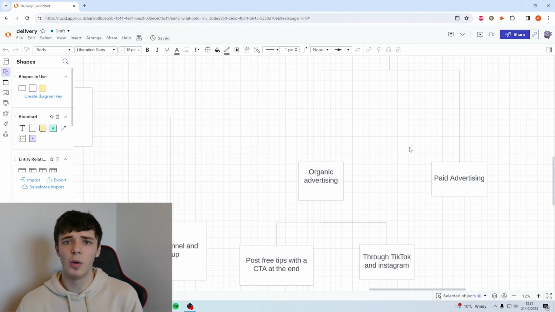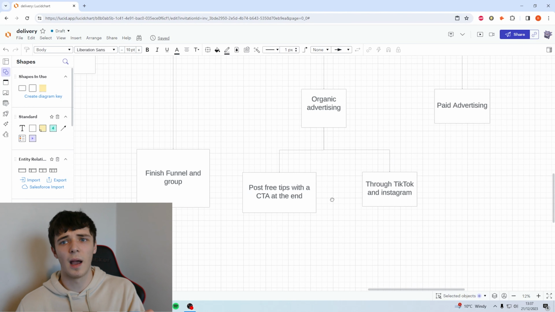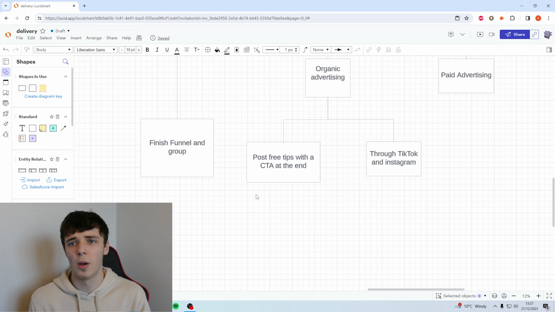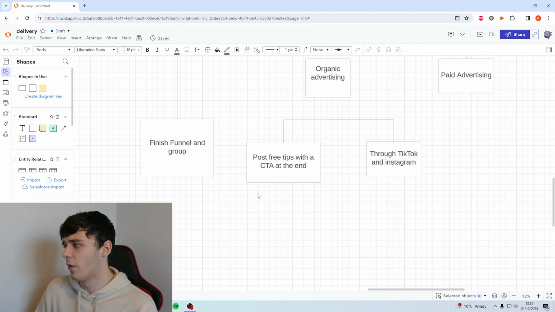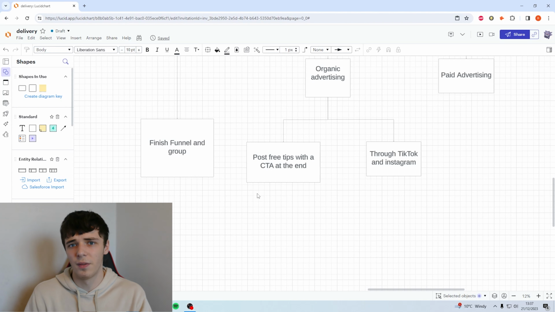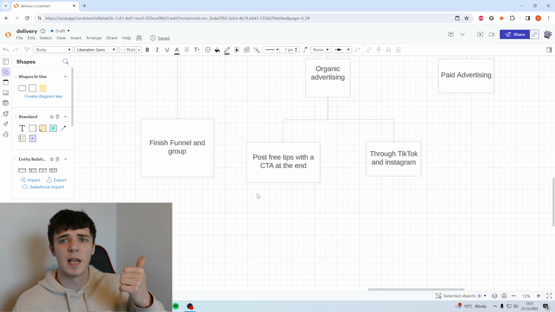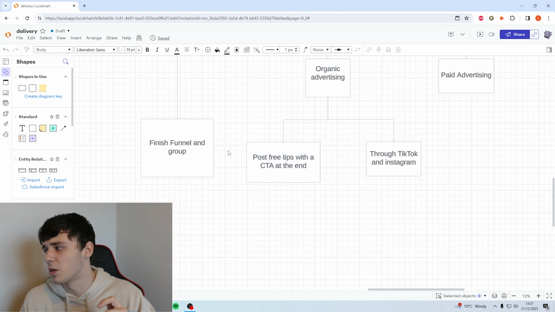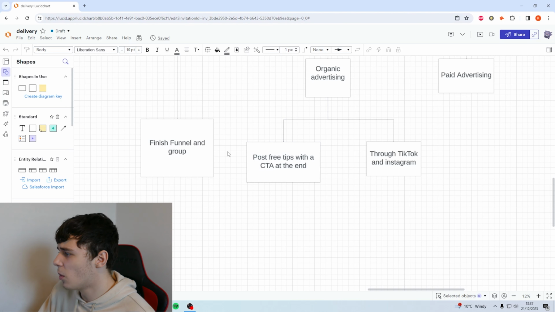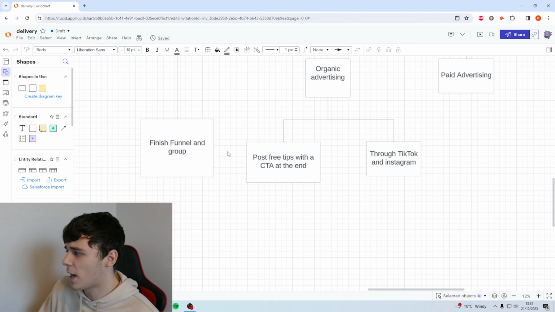So obviously you were looking for that niche, so they'll already have an account based around that niche. So for example, fitness, personal trainer, right? They'll already have a bunch of people who follow them for their fitness and all that stuff, right? So if they can just give free little tips like, oh, add this into your diet to lose weight, do this exercise to gain muscle and all that stuff. If they can just do small little tips, right, and put a call to action at the end,